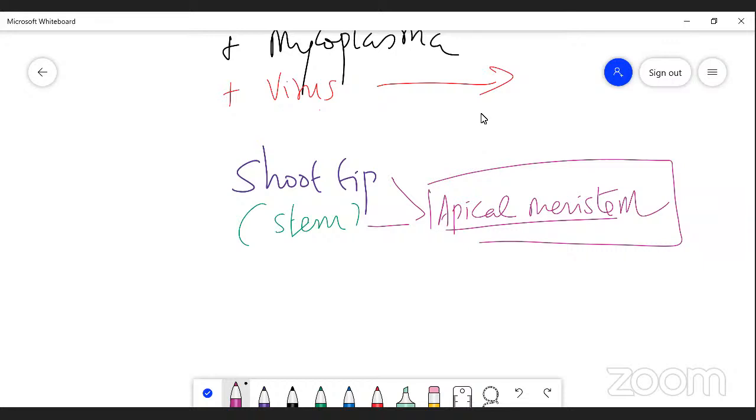So please understand, dear student, virus-free plants can be produced by using apical meristem culture. Simply I can say this is the apical meristem culture which prevents the pathogenicity of virus. Please understand, apical meristem culture prevents the entry of virus particles inside the plant. Right? So this is simply something about virus-free plants. Okay. Next we pass on to